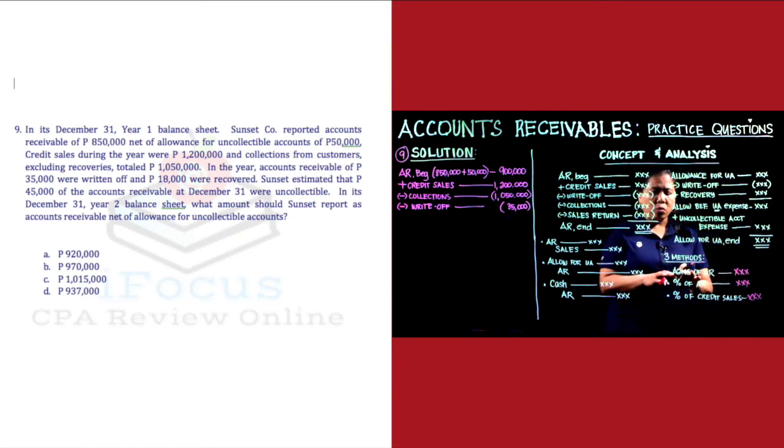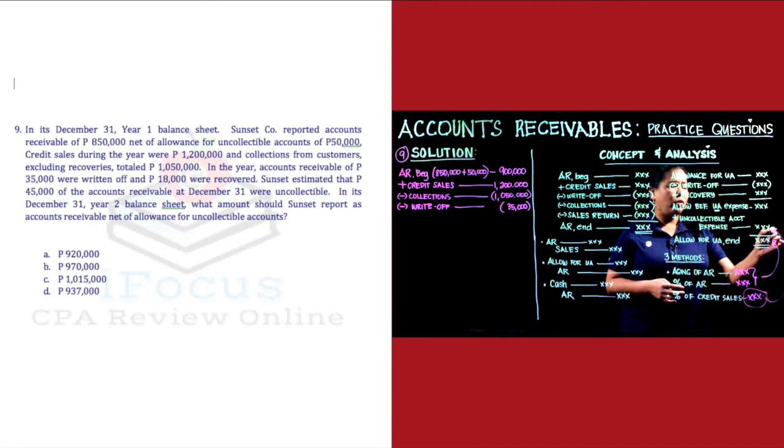Yung amount na makukuha natin sa aging of accounts receivable or percentage of accounts receivable, itong amount na yan na po yung ending balance natin. To get our uncollectible account expense or bad debts expense, ipa-plug in mo lang dito yon. Pero kapag ang ginagamit ng company ay ang percentage of credit sales, alright? Kung ito ang ginagamit niya, itong amount mismo na ito, yan na po yung uncollectible account expense mo. So, meron ka ng amount dito, i-add mo lang yan, makukuha mo na ang iyong ending balance of your allowance